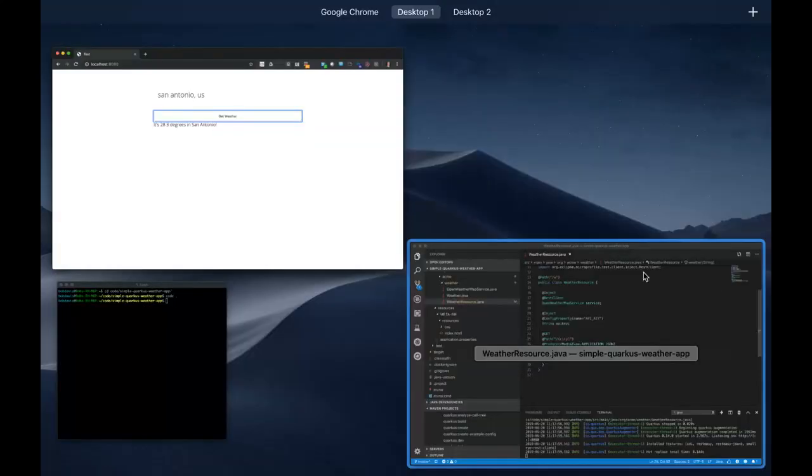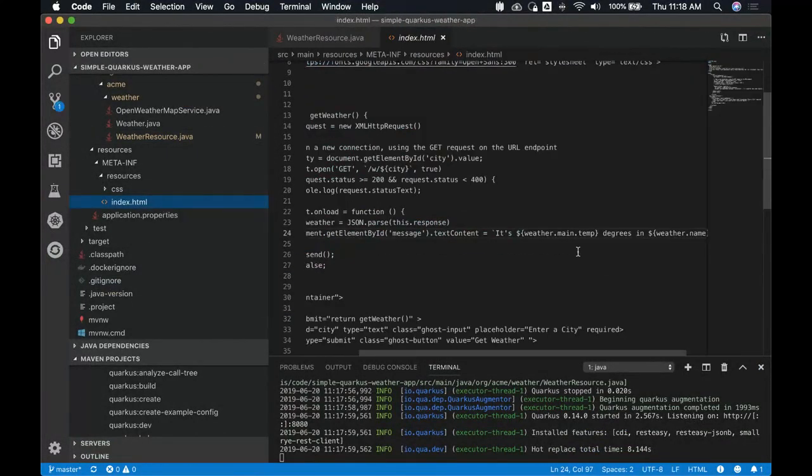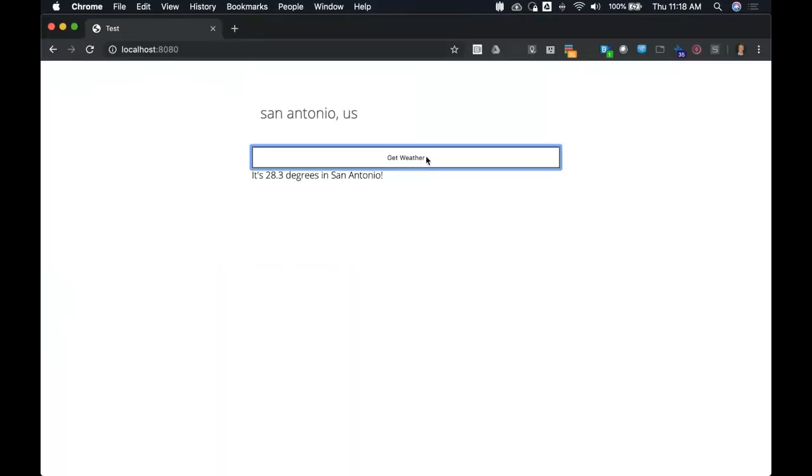If we wanted to make this extra simple to help make sure that people know what the unit is, we can go here. This is the index HTML. We can make a change to degrees centigrade. Come on.